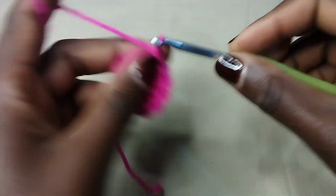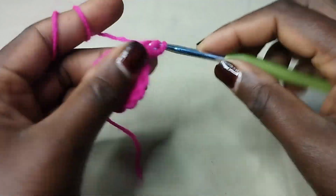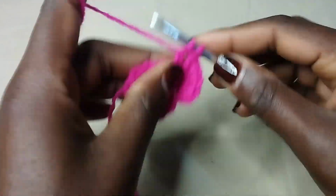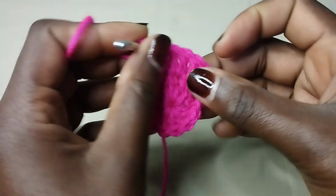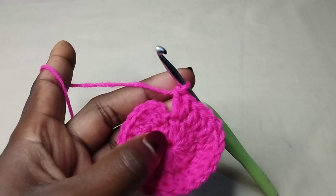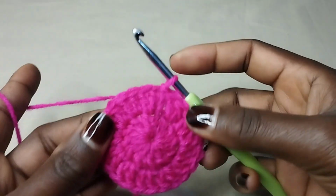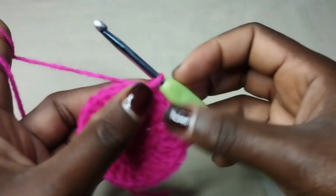To start round 2, chain 2, and in that very first stitch make 2 double crochets. Into the next stitch 2 double crochets. Into the next stitch 2 double crochets. So in round 2 we are making 2 double crochets in each and every stitch to the end. And to complete the round, slip stitch on top of the first double crochet. So in round 2 we have a total of 24 double crochets,